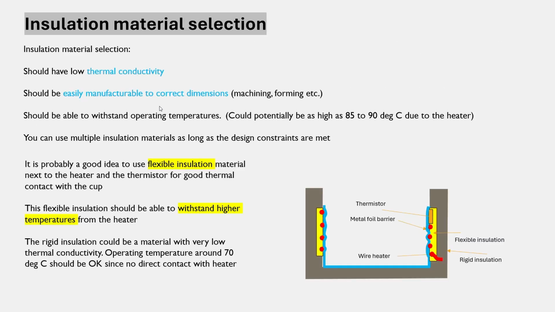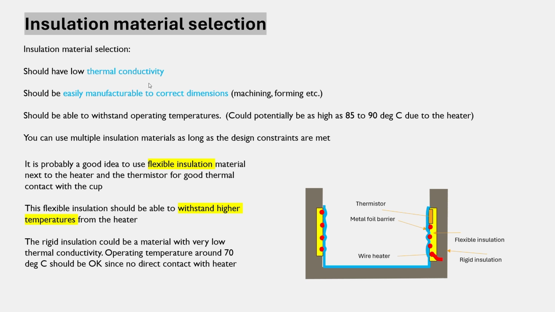Now, the third aspect was the insulation material selection. A lot of you focused on cost and all that, but that was not part of the problem. It was never a question. It was not asked in the problem statement, right? The goal is to satisfy the problem statement and follow the constraints. So the properties that matter